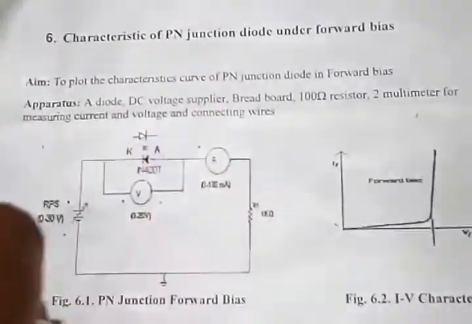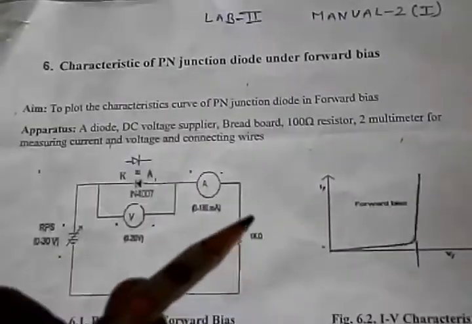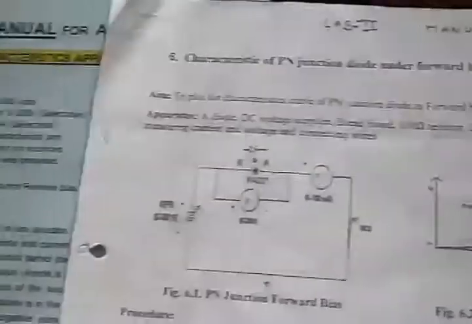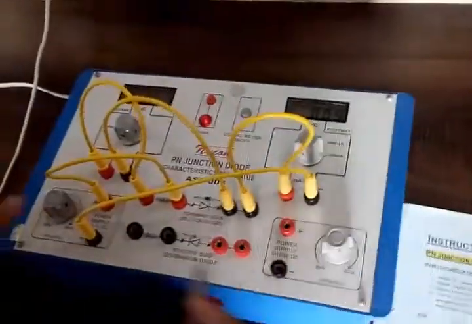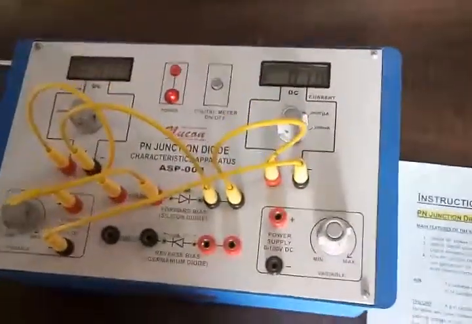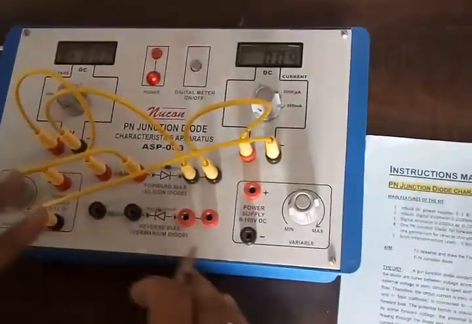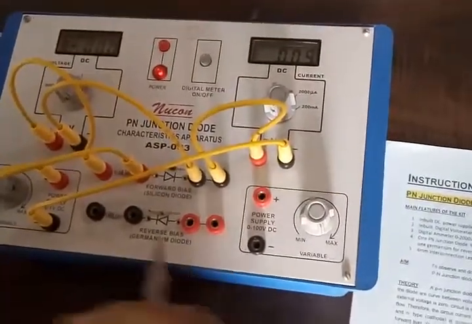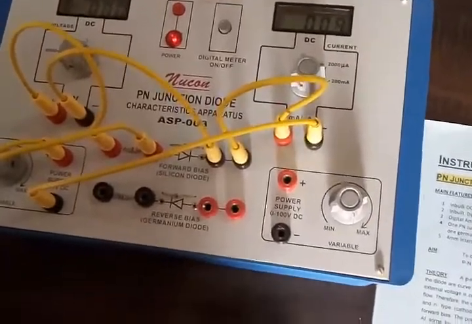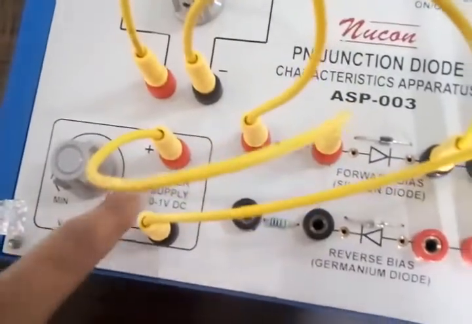But this apparatus is for when we set up the forward biasing condition manually. In terms of advancement, we are using this digital p-n junction device, through which we can find our p-n junction characteristics. Here we have an inbuilt DC power supply of 0 to 100 volt, which you can regulate. That is the power supply.